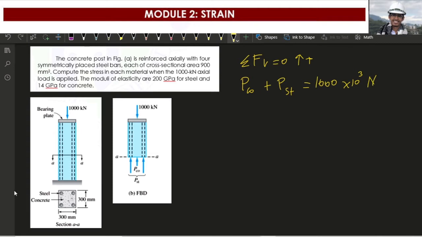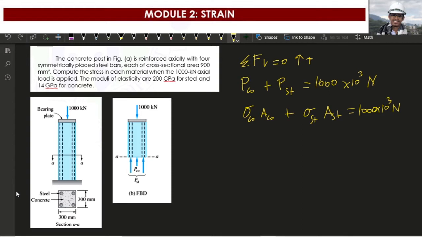And sabi natin stress is equal to force over area, no? So for force, that will be equal to stress times area. So that will be stress nung concrete times yung area nung concrete plus stress nung steel times yung area nung steel. That is also equal to 1000 times 10 raised to 3 newton. So meron tayong equation dito with two unknowns. Okay. So, paano natin makukuha yung stress? So, we can get the stress using yung ating